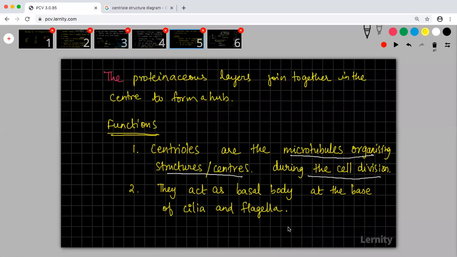Meristematic tissues, the question is how they are formed, because centriole is absent in plant cells. If centriole is absent, who will do that function? Whatever role that centriole plays,